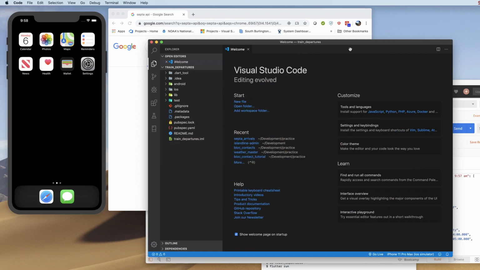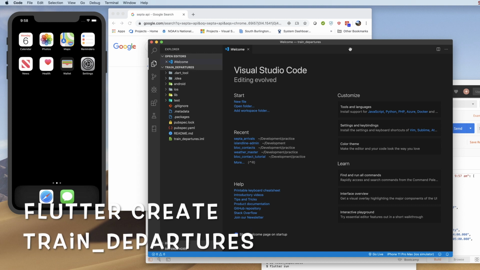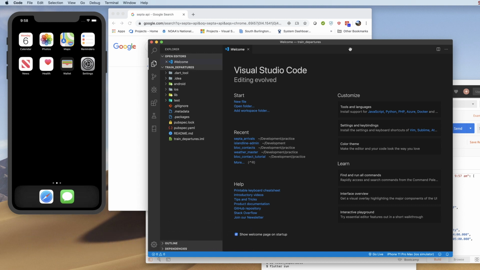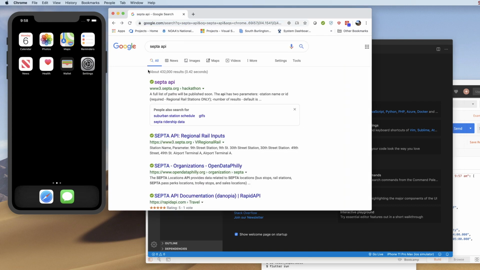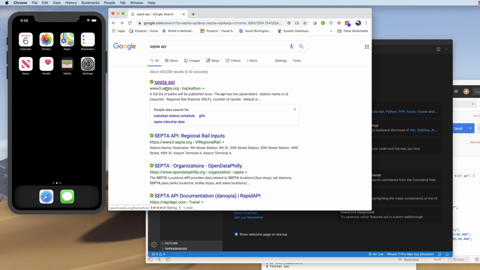All right, so I have created a project. I've typed flutter create train_departures, just to get us started. Before we dive into that, though, I want to take a look at the data that we're going to be dealing with. And so you can Google SEPTA API. It should be the top result there. I will put the URL in the description if you want to just jump to that. But if it doesn't come up, it's